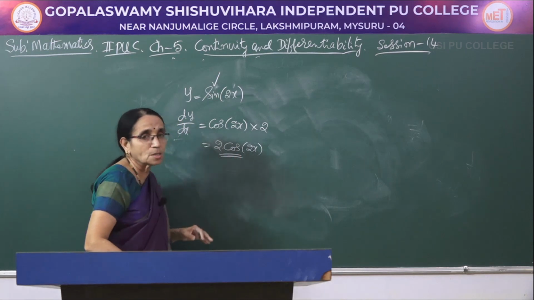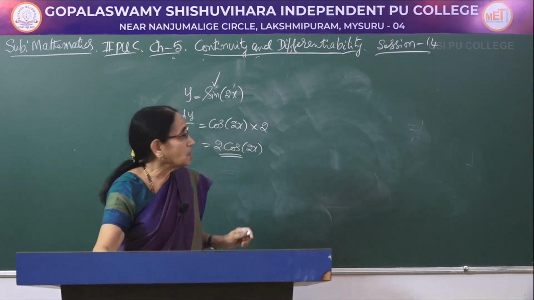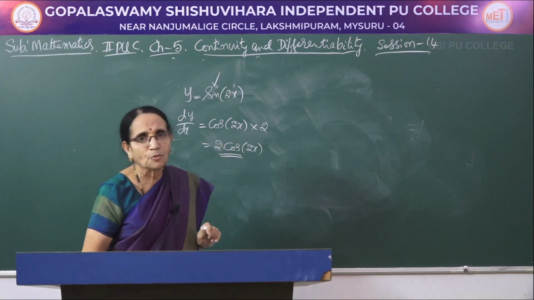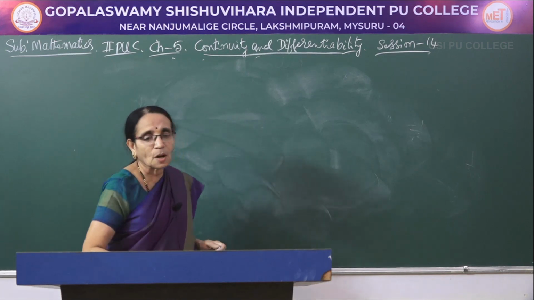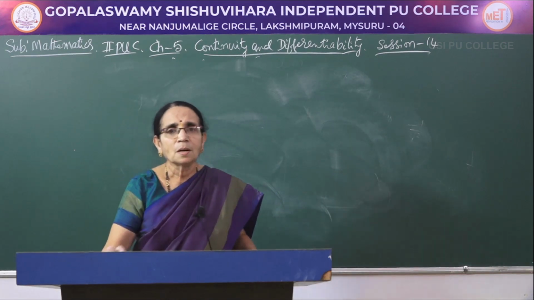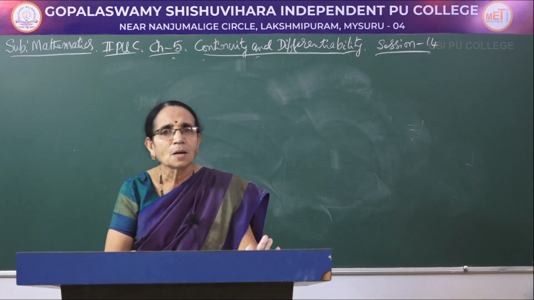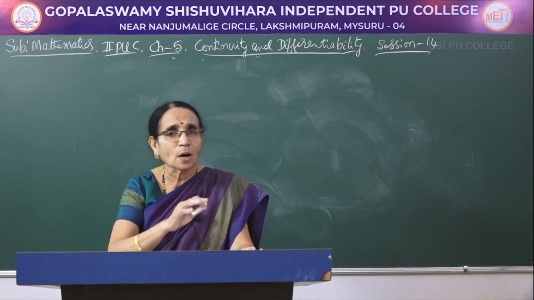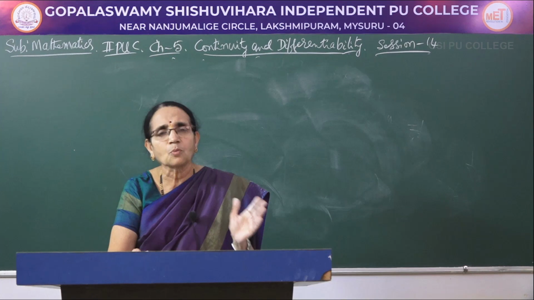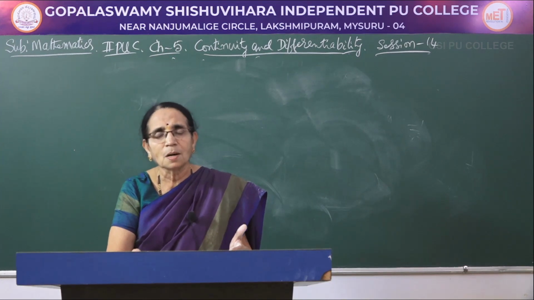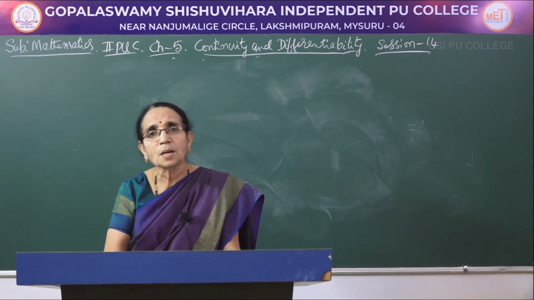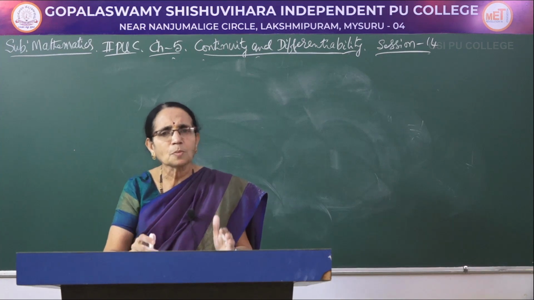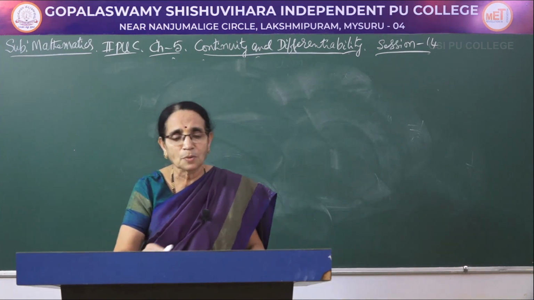Now this is the procedure we adopt here. That is, whenever we have the combination of functions, starting if the power is other than 1, that always I insist, if the power is other than 1, then we give first preference to the power in which we apply the formula n into x to the power n minus 1. If the power is 1 here, directly starting from the left hand side, one by one, we apply the correct formula, so trigonometric or logarithmic, whatever may be that one, we apply the correct formula and then we get the derivative of the function. If it is possible to do the simplification, you can do the simplification also.